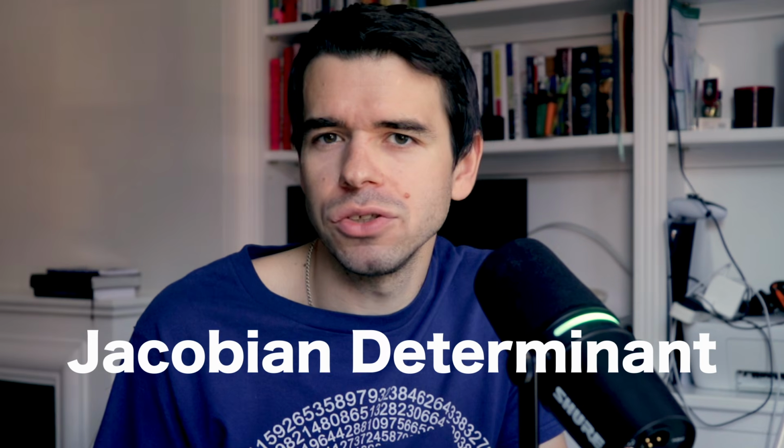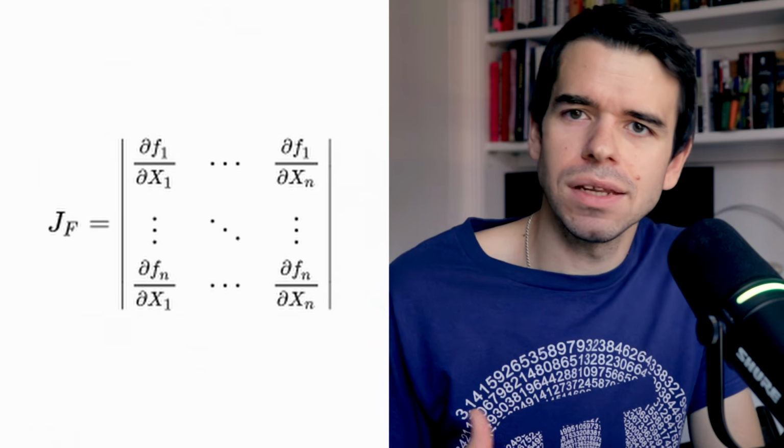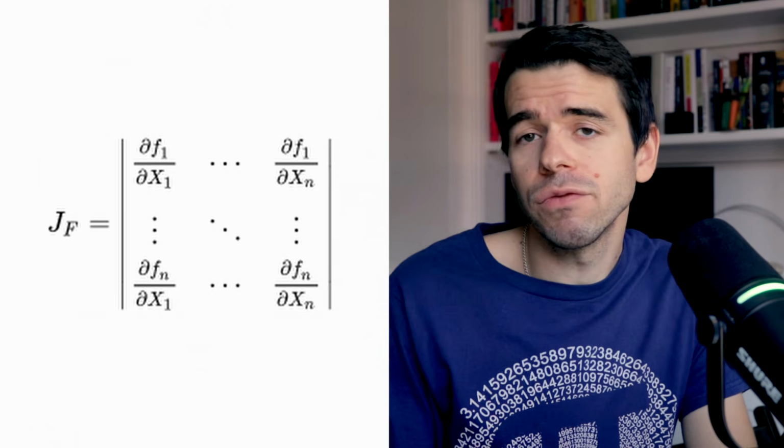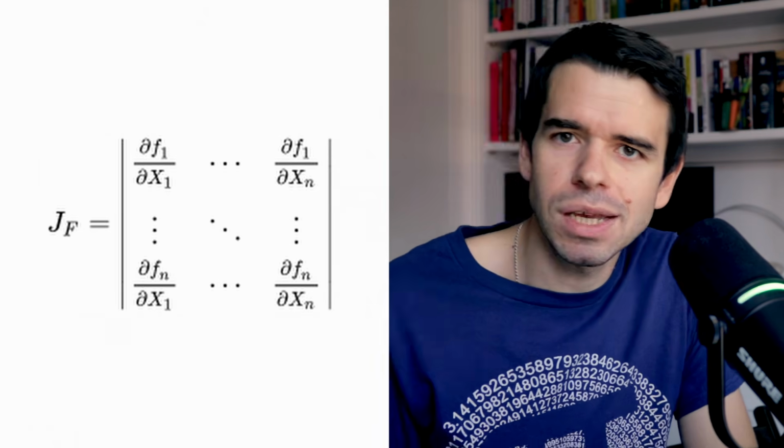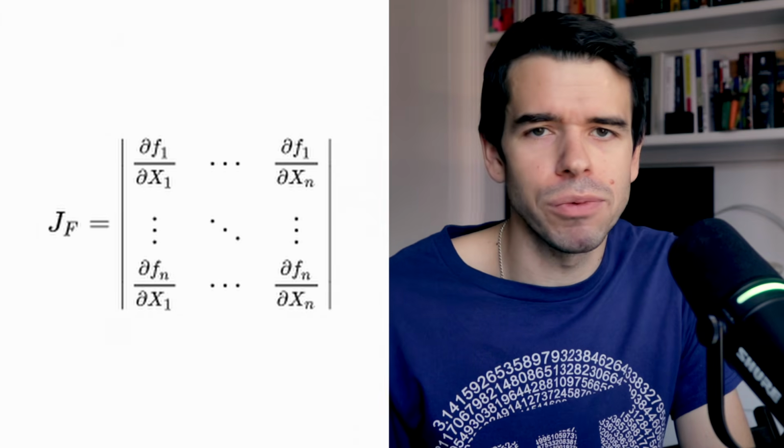Next is Jacobian determinant. What is it? The Jacobian determinant is a number computed at each point that roughly measures how the map stretches, compresses or flips space around the point. When it's zero, the map locally loses at least one dimension. For example, a three-dimensional neighborhood may be flattened into a surface. When it's not zero, the map transforms the space without losing any dimension. So 3D space remains 3D, 5D space remains 5D. Think of it as a three-dimensional neighborhood that can be stretched or distorted but cannot be flattened into a sheet.